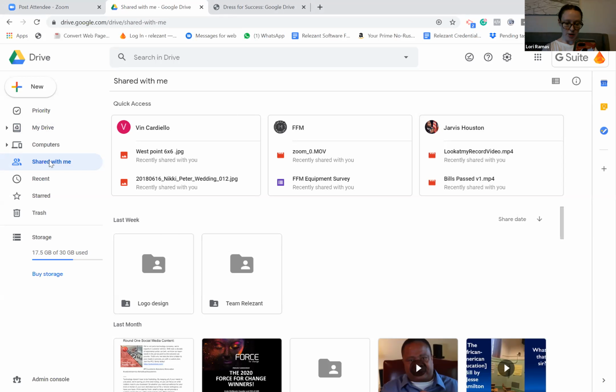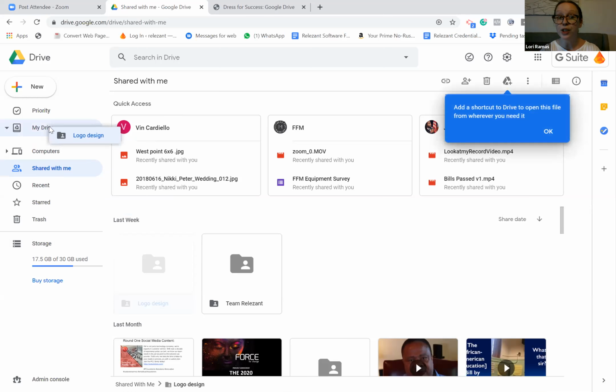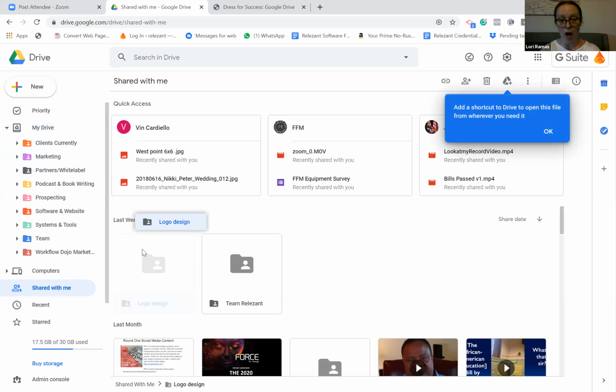And if you're on your phone, depending on the different types of phones, it's at the very bottom: Shared with me versus My Drive. Just so you know, it's a teeny tiny difference, but it makes a huge difference in what you can see. And just like you asked, how do I move a file? You could just drag and drop it over to your drive if you want to have it in your drive versus only in Shared with me. Totally up to you.